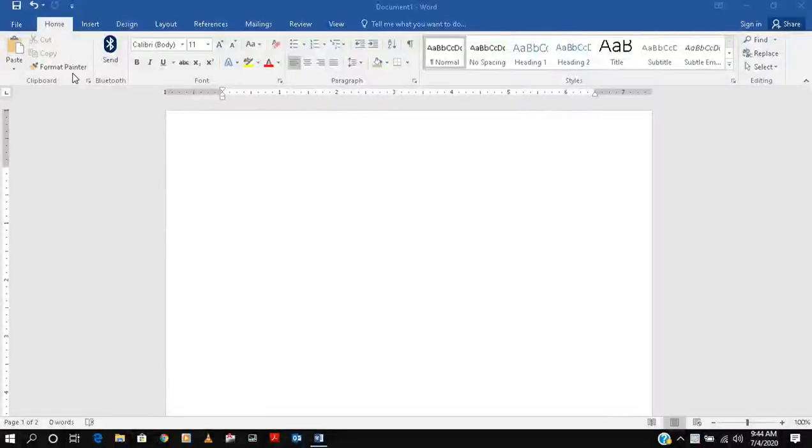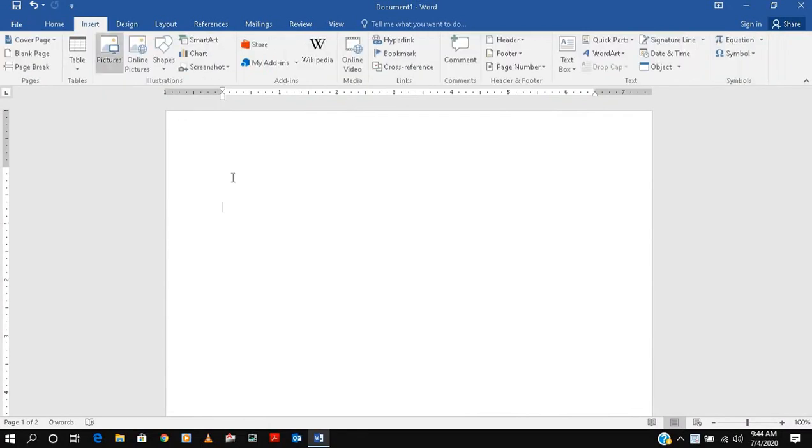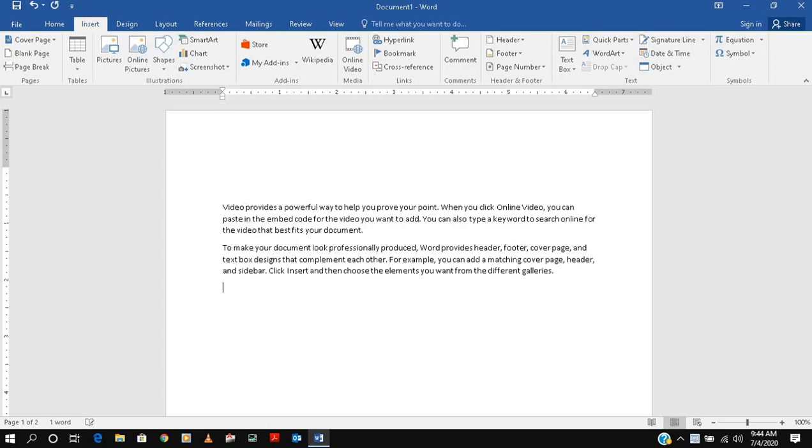Then suppose we want to convert some text. We have some text, and as we said, we can make a 2 by 3. Suppose we already put this text and we want it in the format of columns.